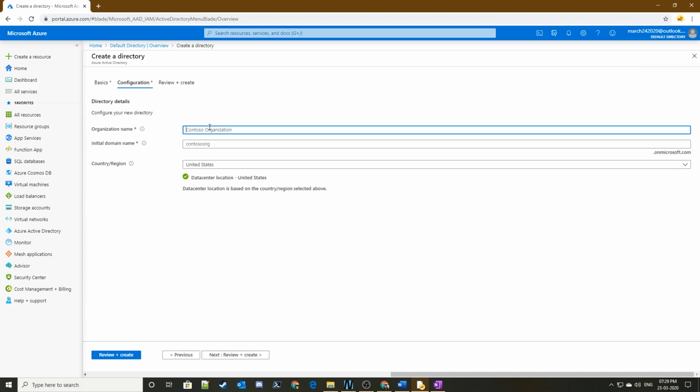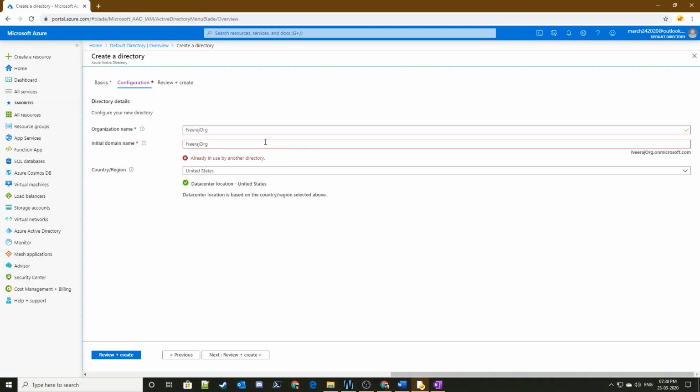In configuration, I have to enter an organization name. So this is a fictional organization that I am creating, Neeraj.org. Let's see if this is available or not. I think Neeraj.org I am already using, so I'll type Neeraj.org 1. Okay, so it has to be unique worldwide. That is an important factor. So if I go for Neeraj.org, I believe this was taken by me earlier, so I don't have this option. If I click on 1,